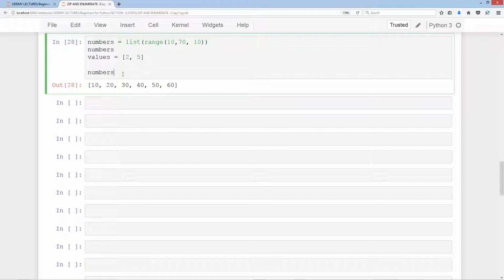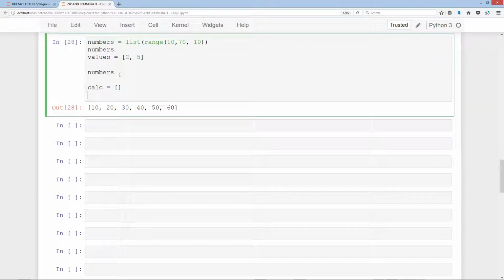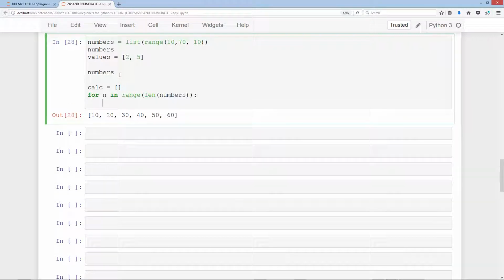That's somewhat tricky, and if we were to just do it the basic way that we did before with the previous logic that we've applied to this issue, say we have calc equals, and we do, let's say, n in range len numbers colon, and then we'll do s equals